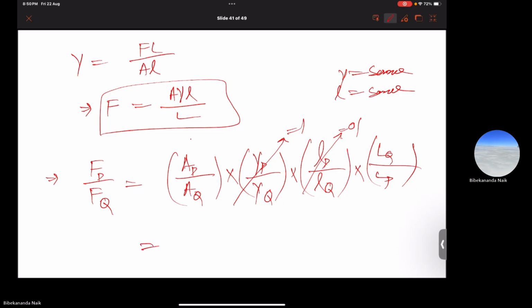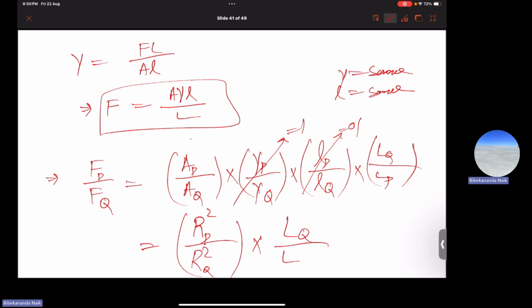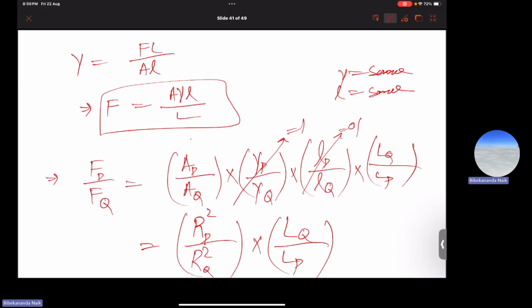So A_P by A_Q we can write as R square P by R square Q into L_Q by L_P. So F_P by F_Q equals,